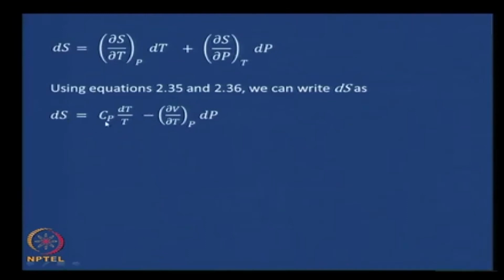Therefore, dS becomes equal to Cp dT by T, and we have seen through equation 236 that (∂S/∂P) at constant T could be written as minus (∂V/∂T) at constant P. So, that is what we have substituted here. Therefore, we get dS equals Cp dT by T minus (∂V/∂T) at constant P times dP. We will call this equation 250,